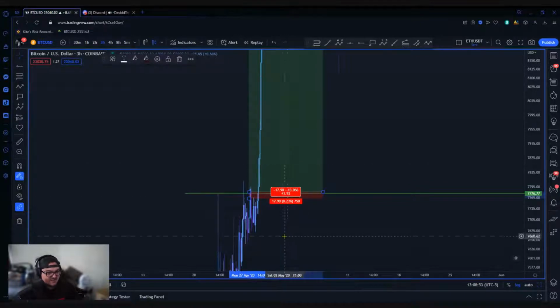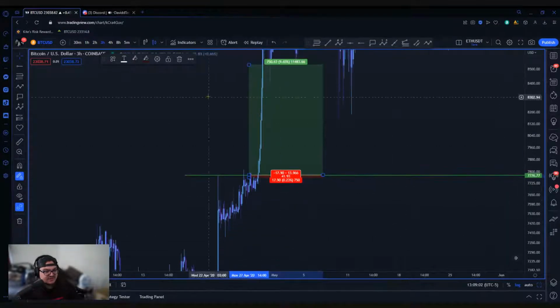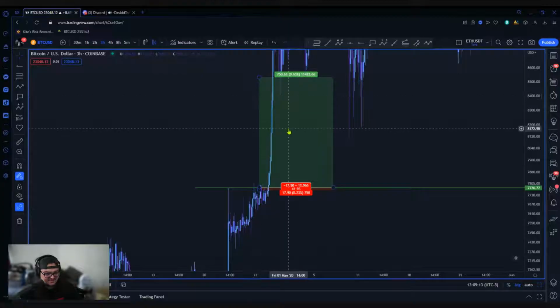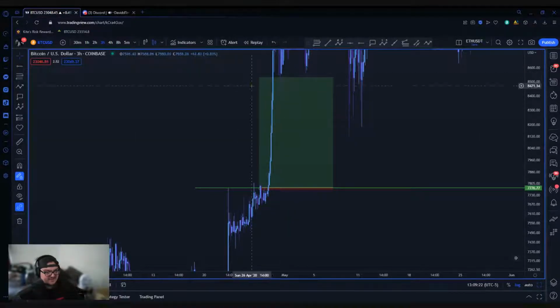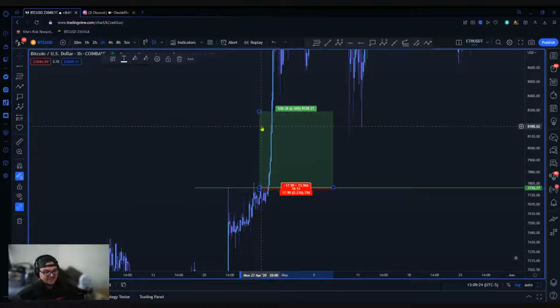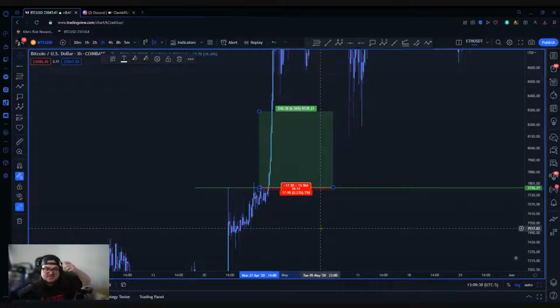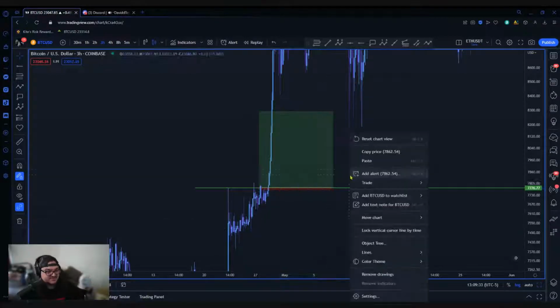Basically, I remember I walked away with almost $2,000 in profit just from this one trade, I believe. I was risking about $80, $90 on a 41 R&R. You guys could do the math on that. I believe it was $80 times 41.93. Maybe it was a little bit less, I don't remember exactly. Maybe I took it down here, but I remember walking away with around $2,500. I pretty much doubled my account in one trade. So ever since then, I was hooked.